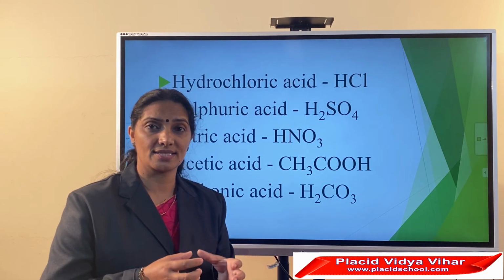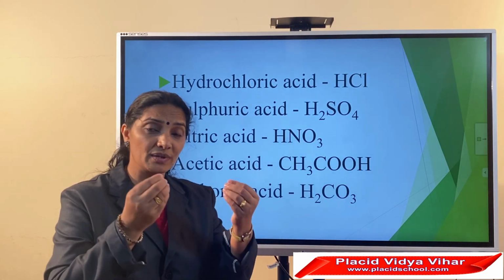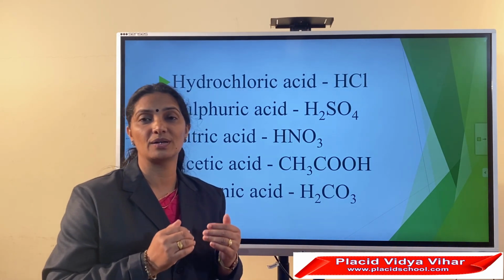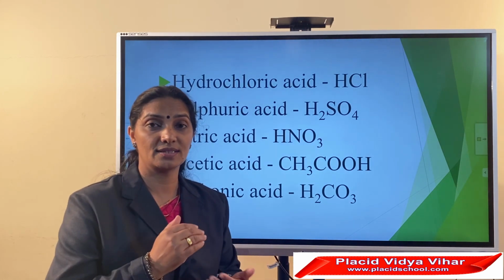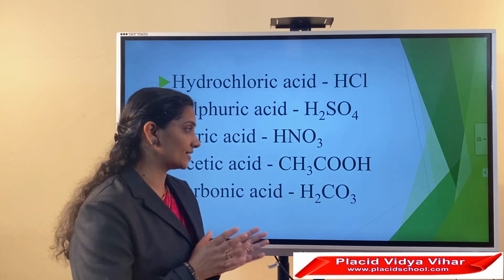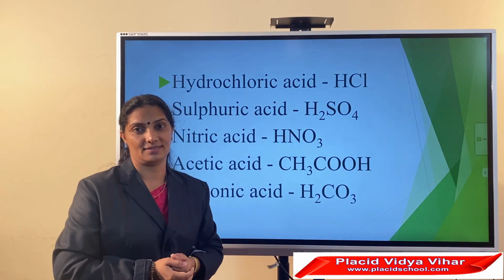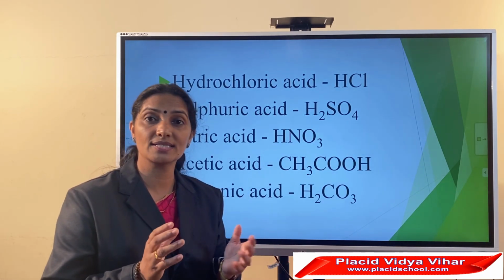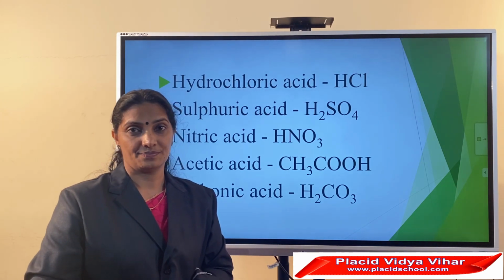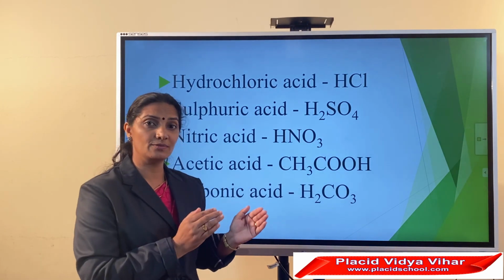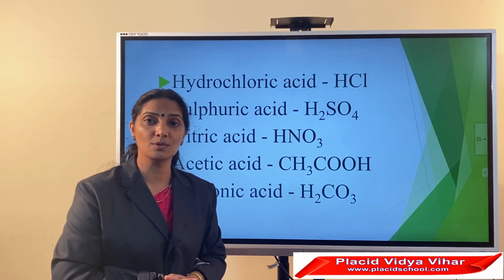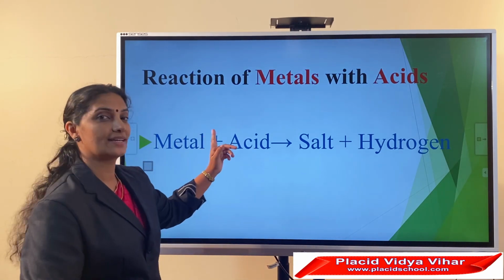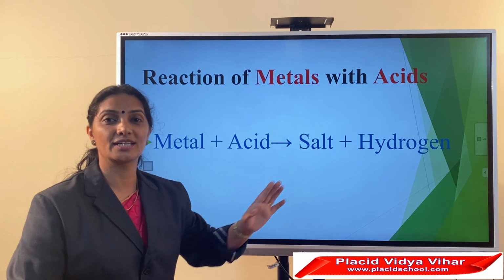When we use these materials, sometimes they may fall on the kitchen slab. These acids slowly react with the chemical compound of the kitchen slab and a chemical reaction occurs. As a result, a stain forms. Here, acids react with the chemical compound of the slab. Mainly, it is calcium carbonate, in marble slabs. Similarly, these acids can react with metals also. Do you know how acids react with metals? See the general equation. Metal plus acid gives salt plus hydrogen.